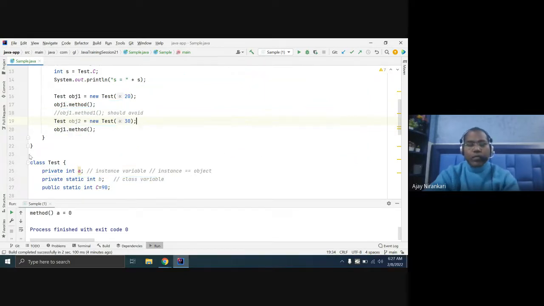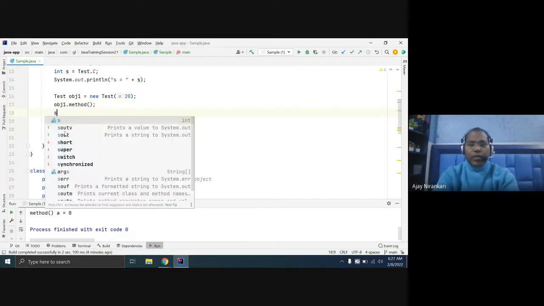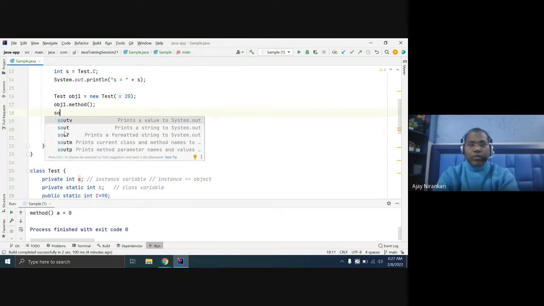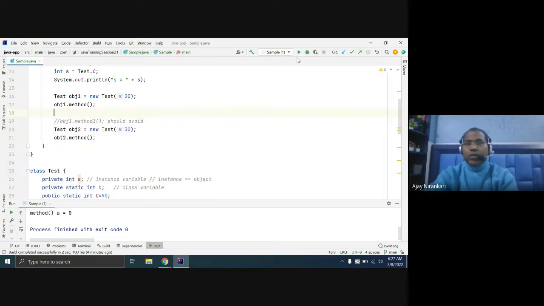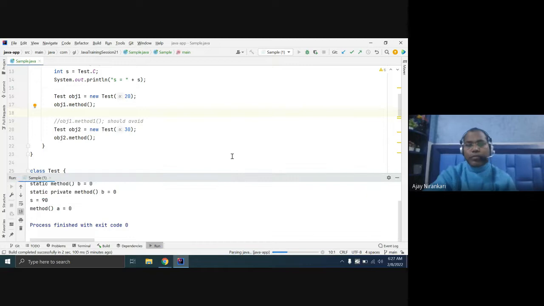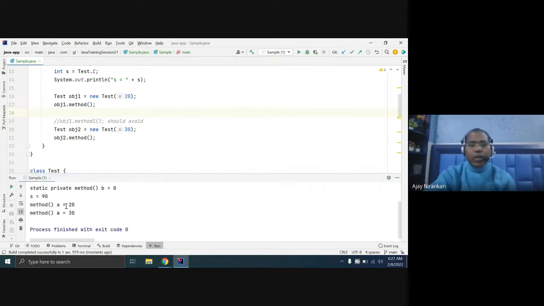Let's run it. So you notice that the same method, method 1, if you are invoking from object 1, gives 20.